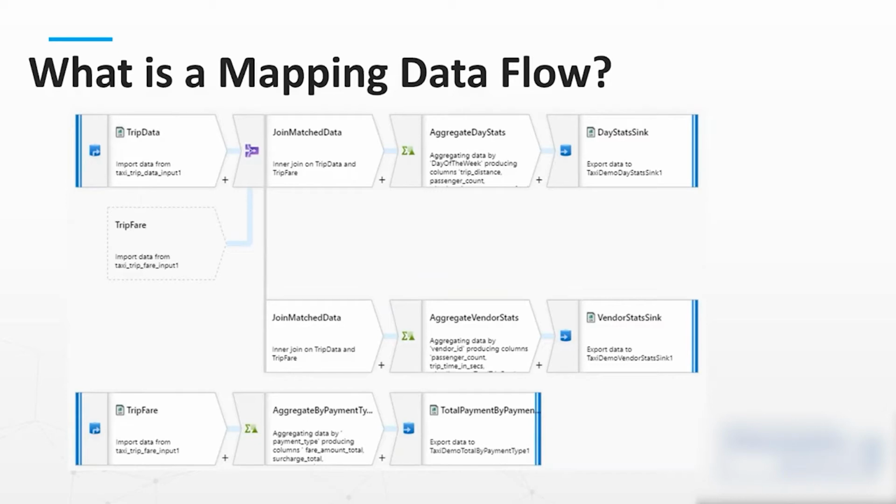Now here's the list of Wrangling data flow sources and sinks. One thing I think you'll notice, if you recall,